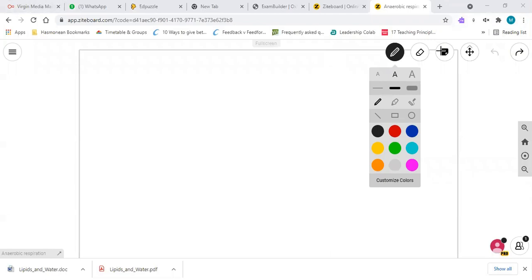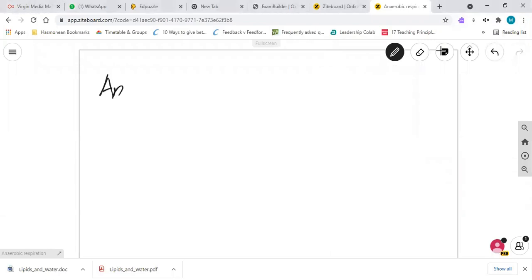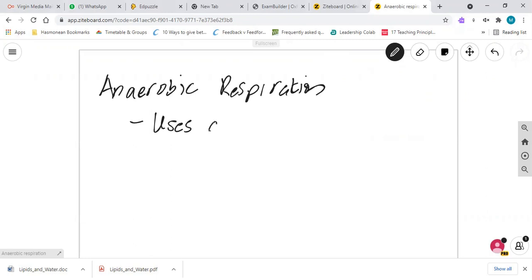So we're going to look at anaerobic respiration. And obviously we're going to look at the two different types of anaerobic respiration that take place. So the first thing to notice is that anaerobic respiration uses glycolysis. And that's really important. So just to recap on